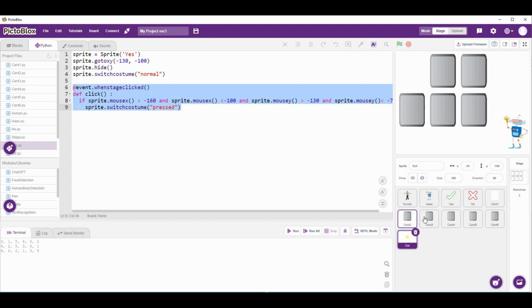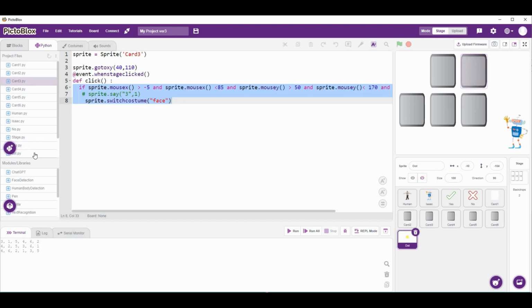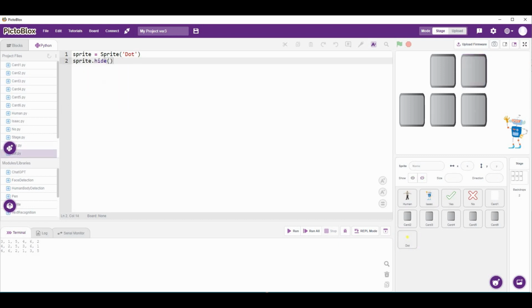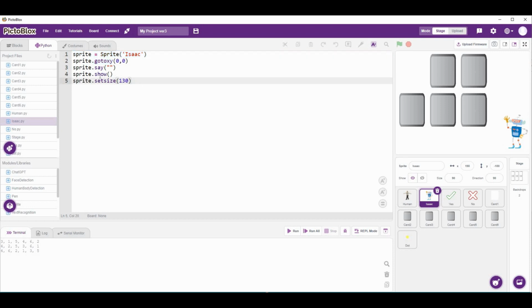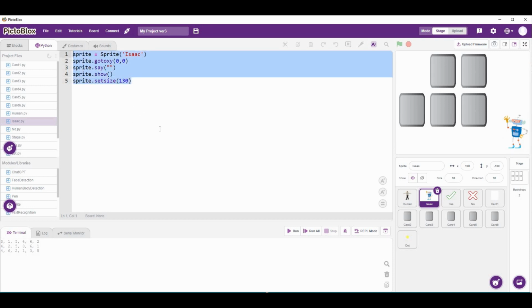This sprite has very simple code. I create the sprite and hide it at the beginning. For sprite Isaac, I have such code. In this file, I only init the beginning state, and